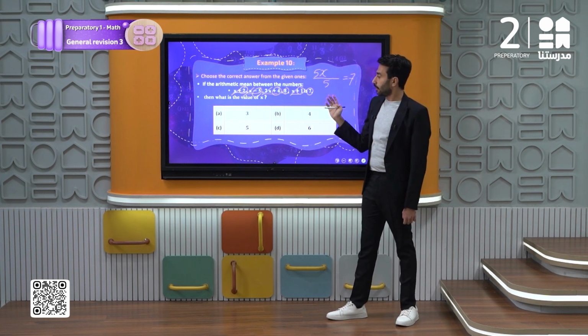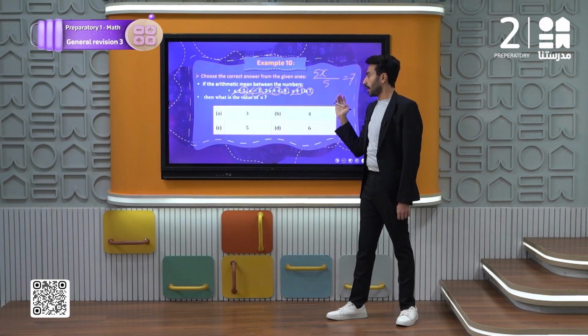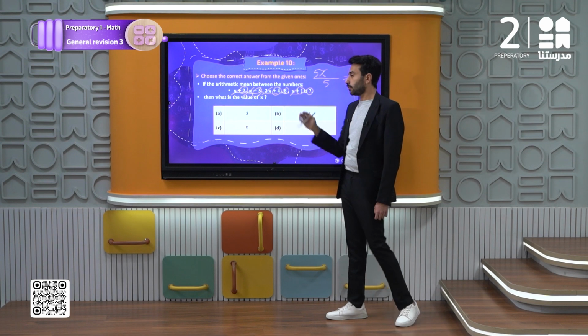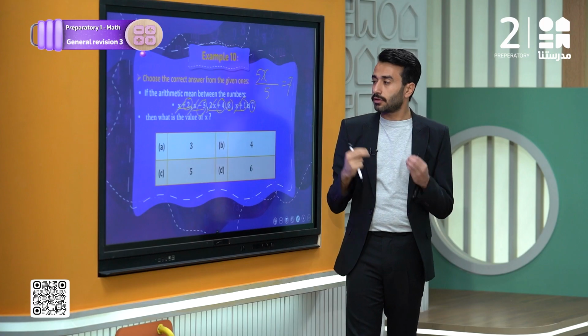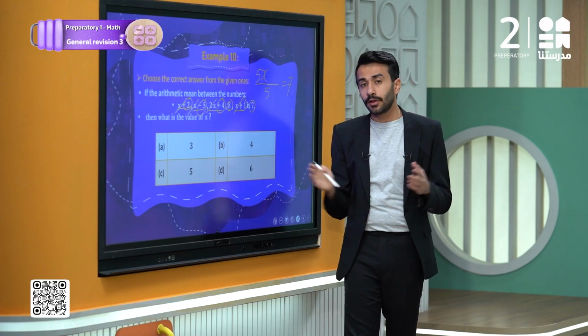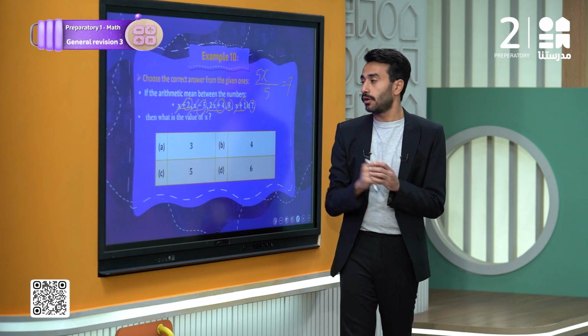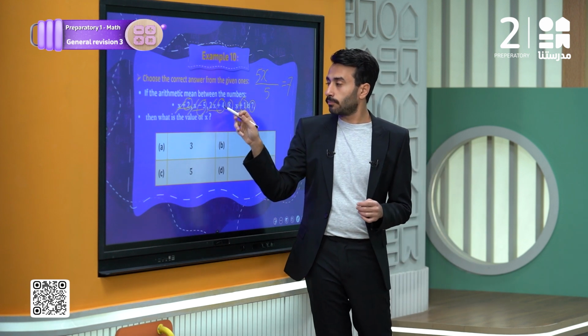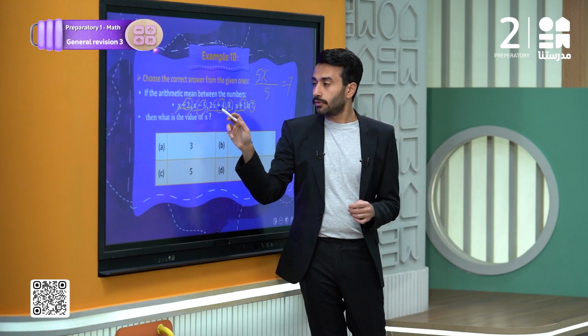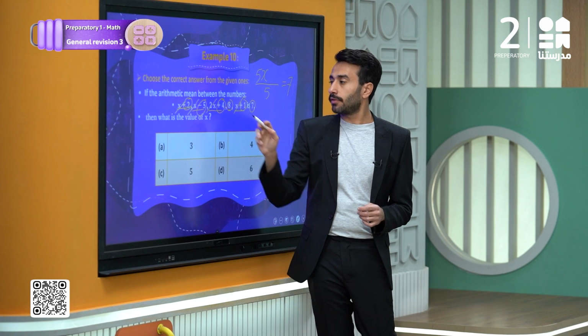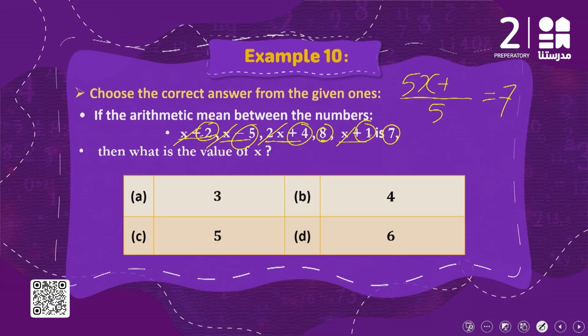Whenever you have an equation like this one, or some values to be collected, the easiest way is to add all the positive values at once and leave the negative values for the end. So 1 plus 8 is 9, plus 4 is 13, 13 plus 2 is 15, minus 5 is 10, which is positive 10